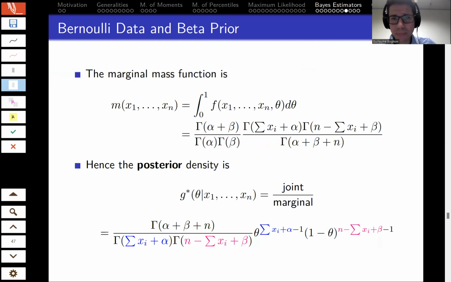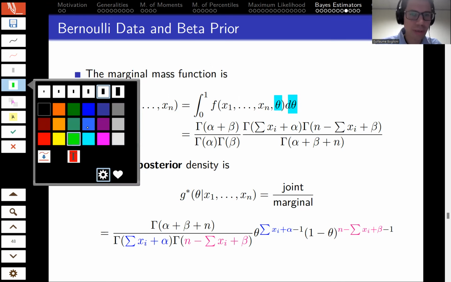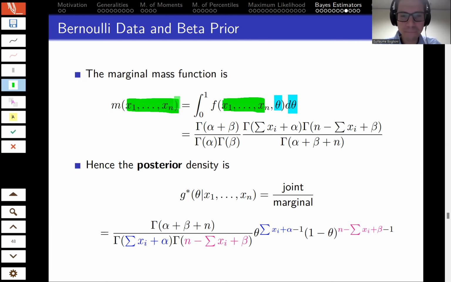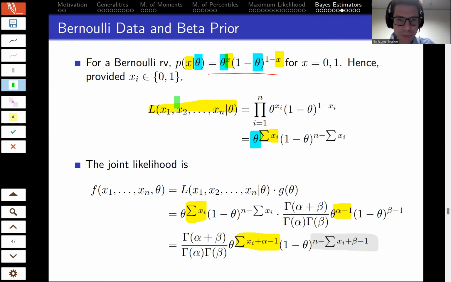Now you need the marginal, not too hard. You have the marginal mass function. By definition, you would integrate the joint with respect to the parameter theta, that you don't want, because what you want is the joint of the x's. So you take the integral of this thing, but it's an easy integral because we've seen in one of the tutorial problems that this is just a constant, the integral from 0 to 1 of this, with respect to theta, so the integrating variable here, of course, is theta.